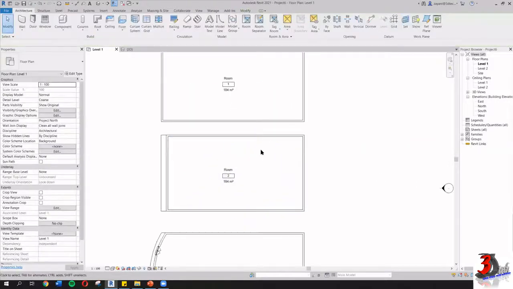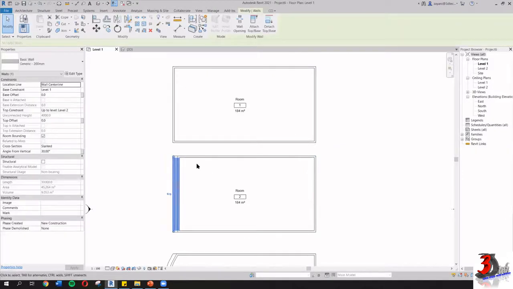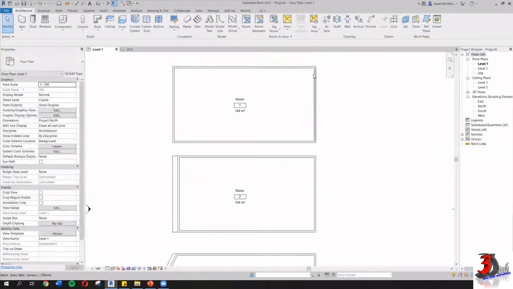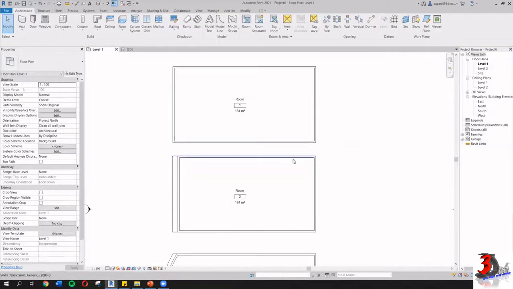If you guys remember previously, I just duplicated these two things. I created this room here and then I copied it down here. So this is basically coming from the same thing. I just recently changed this wall to be a slanted wall. If you go ahead to this room, you will see that the area is 184.24 meter square and then the volume is 736.96. Okay, so for this room,